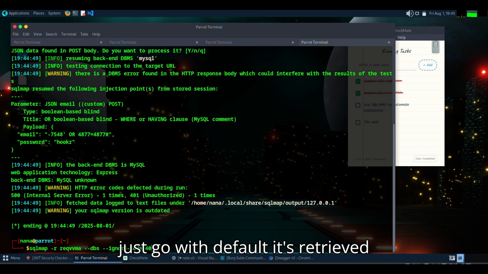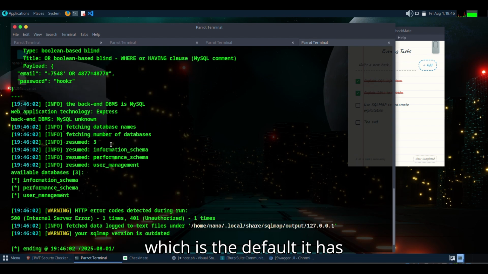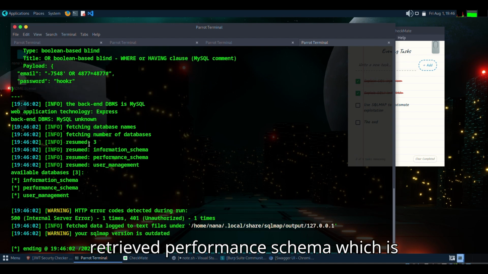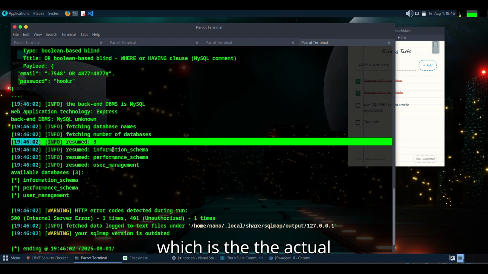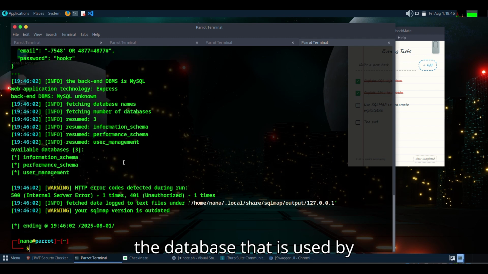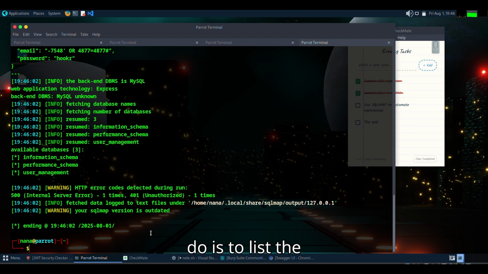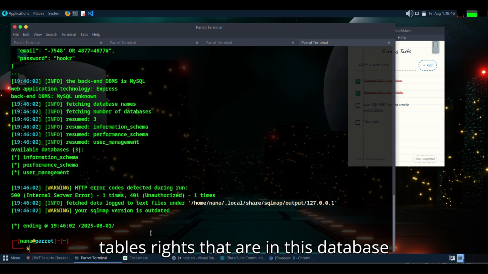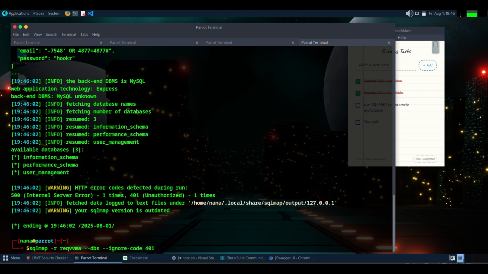Just go with default. It has retrieved three databases. Information schema, which is the default. It has retrieved performance schema, which is default, and then user management, which is the actual database. So SQLMap has successfully retrieved the database that is used by VAmPI. The next thing we want to do is to list the tables that are in this database. So just run the command again and then we're going to specify the database we want to fetch the tables from,